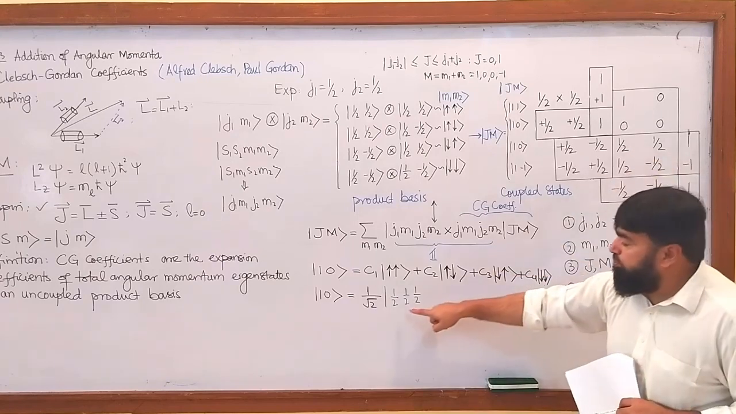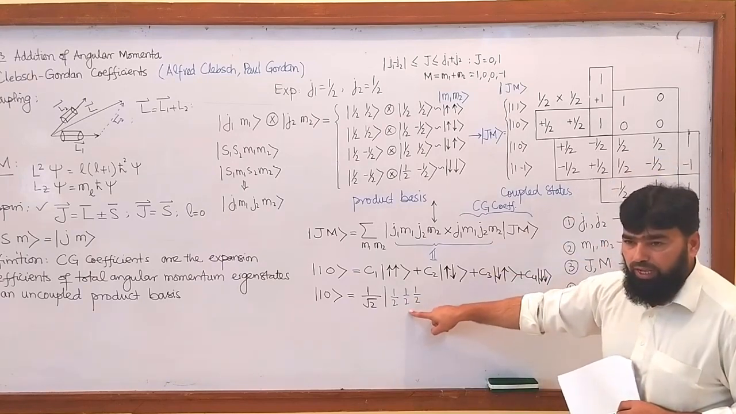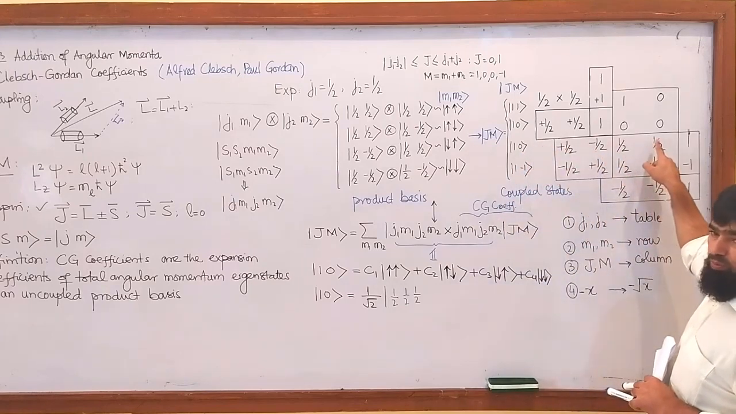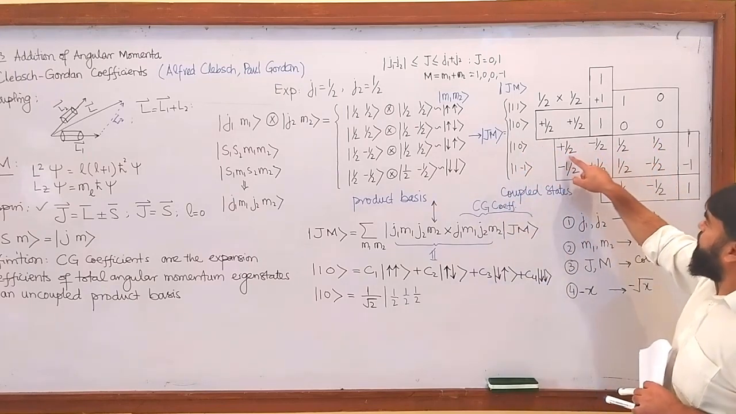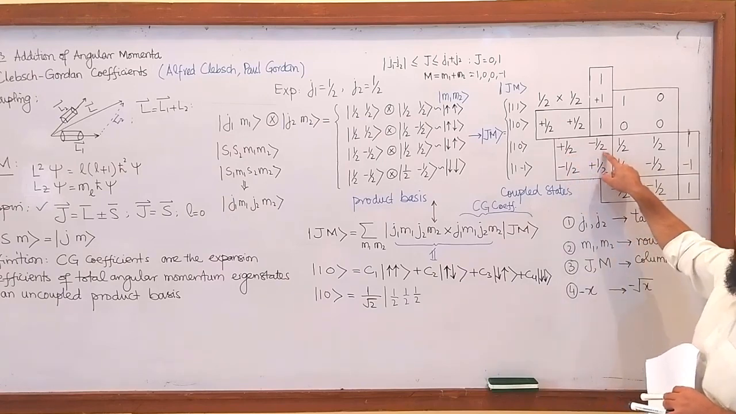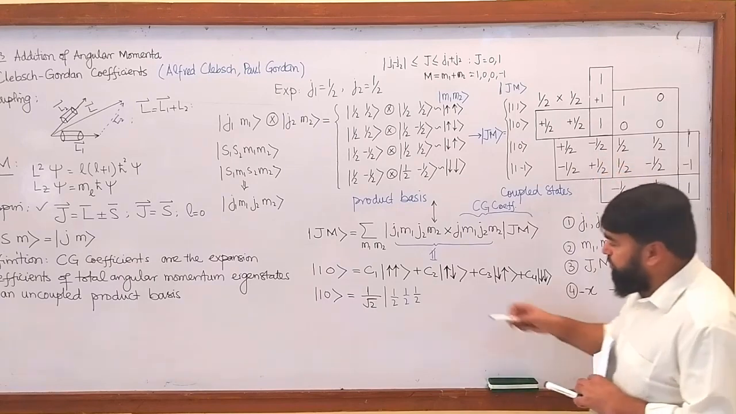Now for M1 and M2, I have to go to the row. So this is the row, right? Plus 1/2 and minus 1/2 are the values of M1 and M2. So plus 1/2